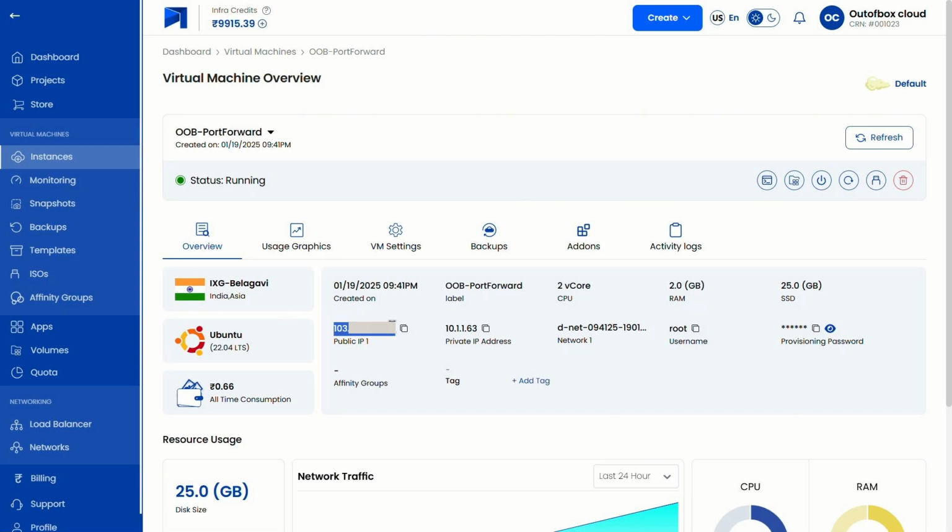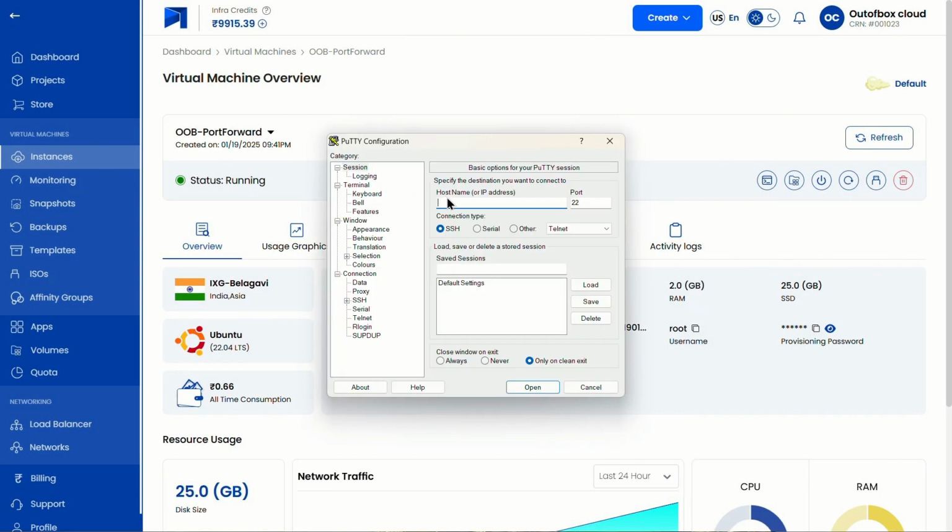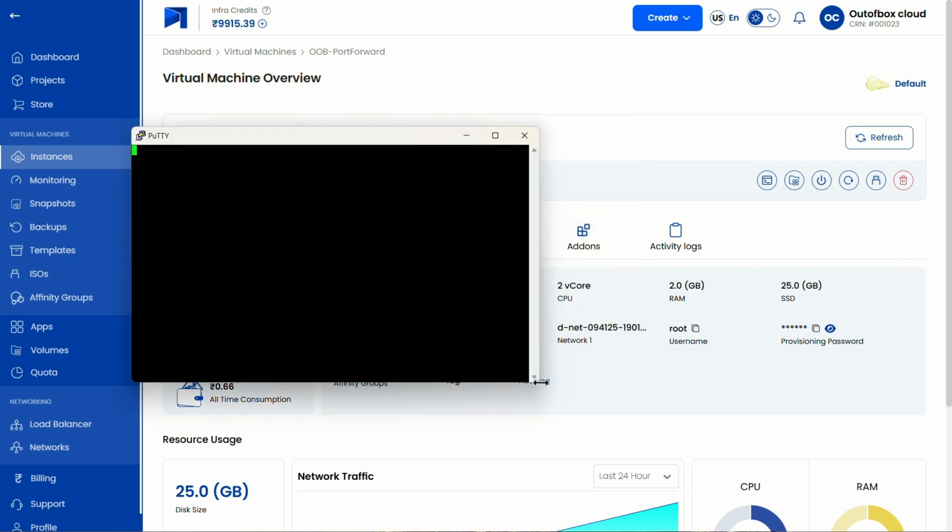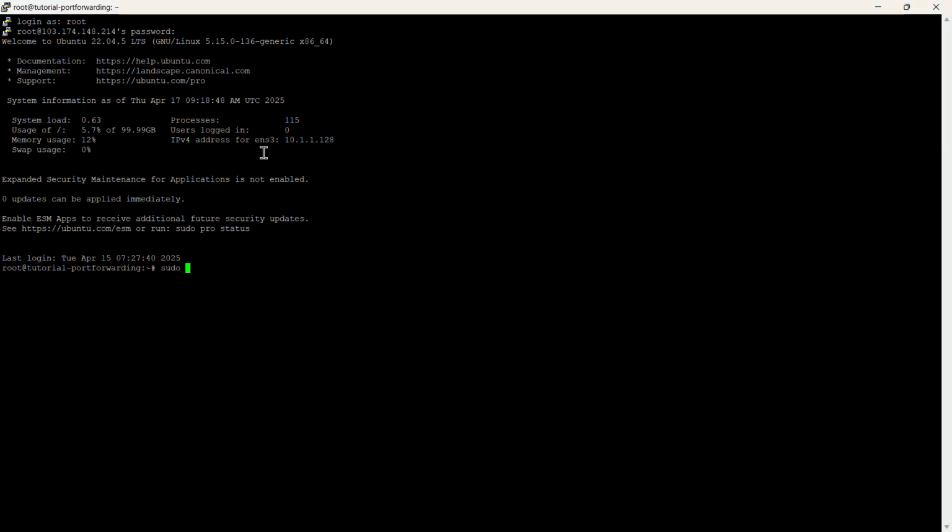Now let's log into your Linux VM using SSH. Ensure the VM is up to date by running the commands.